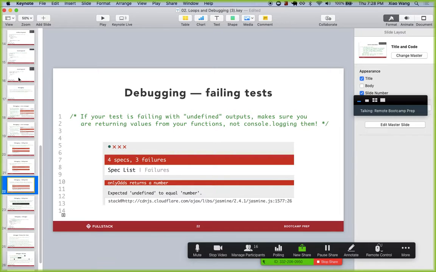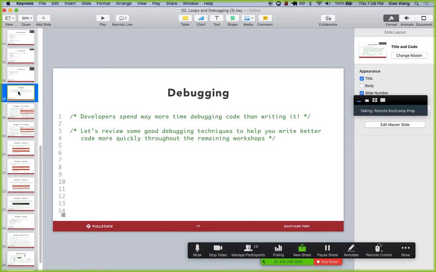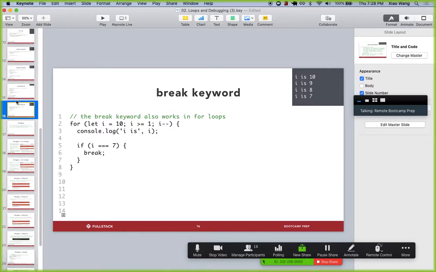So any questions, primarily on the loops portion? Because the debugging thing is going to be a part of our experience for the next 3 weeks. Actually, so will loops, but